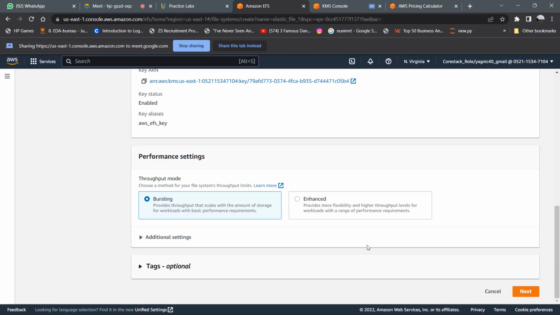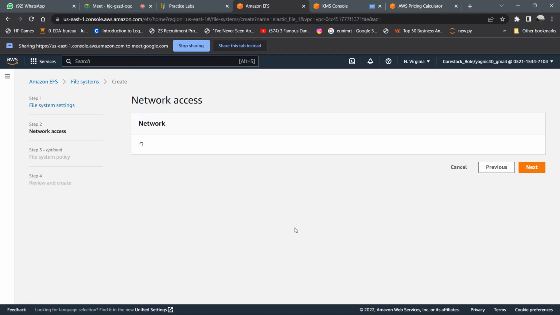In case of enhanced, there is more flexibility. The increase in the number of input output operations, which is usually called throughput, is done based on the performance required by the application. So there are two kinds of performance. Now if you go and click next,